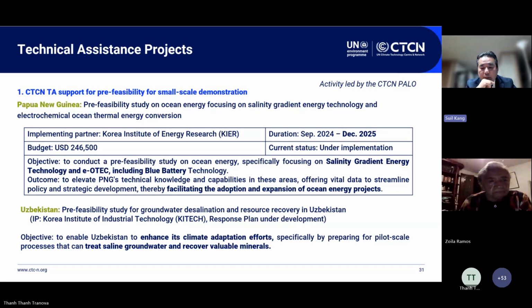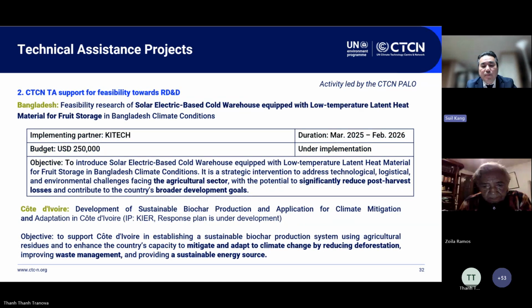The implementing partner is Kitech. It is working with the industrial technology. So yeah, next one, please. The second track under the cRD&D is the CTCN support for feasibility toward RD&D activities. So we also